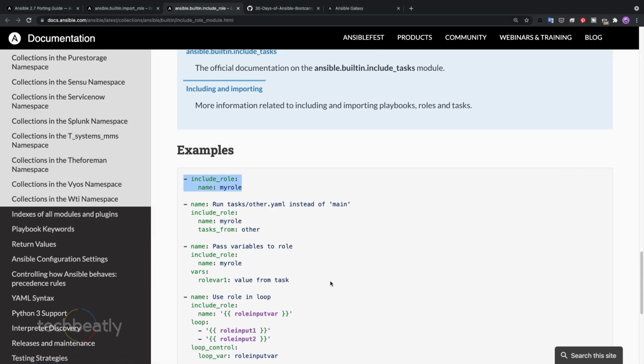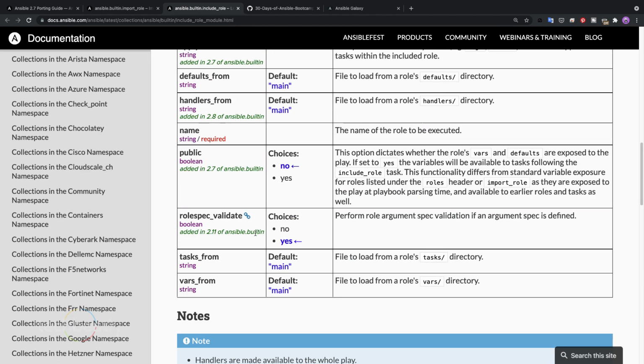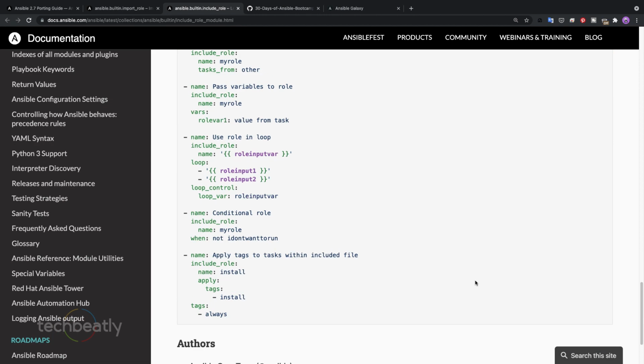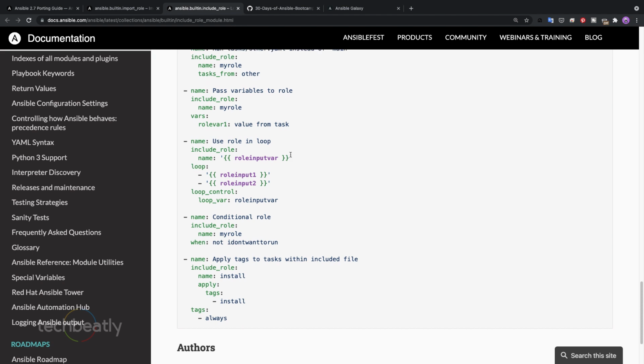You can even mention which tasks to run, like this. Using tasks from, you can load a specific file from the role's tasks directory and execute it. A few other options: you can also mention variables for the role, specifically for that task. So include role, then you pass the value from this one and pass it to the role variable.